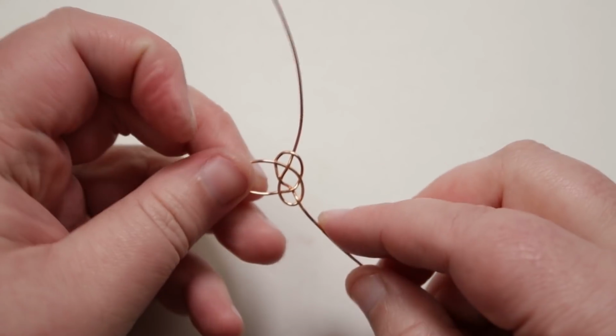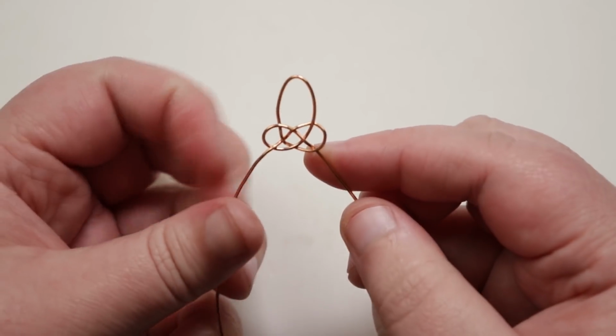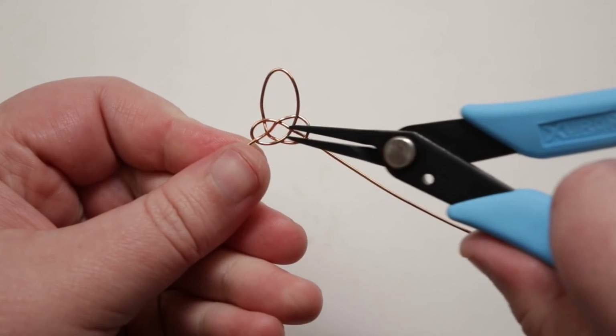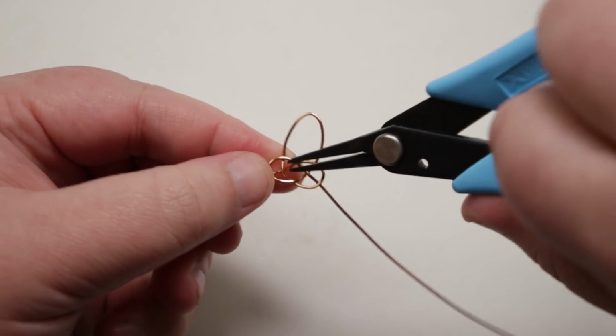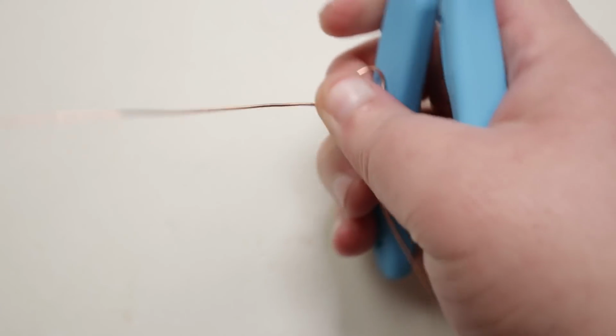So we can have a little look, see if there's anything that we want to adjust, because any adjustments I recommend doing while you're in that knot. So I can see I do want to just tighten up this knot a little bit. So you can take your pliers again,